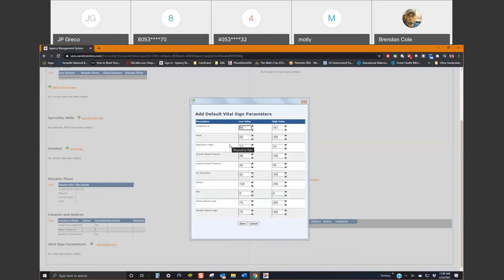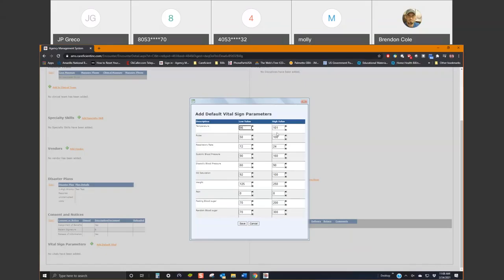And therefore it being outside the range, they should notify the nurse or notify the office, something like that. It won't stop them from completing their note. It just gives them that warning, or that little heads up, that that's outside the range. So if you choose to use these on those specific patients, just click Add Default Vital on the Clinical